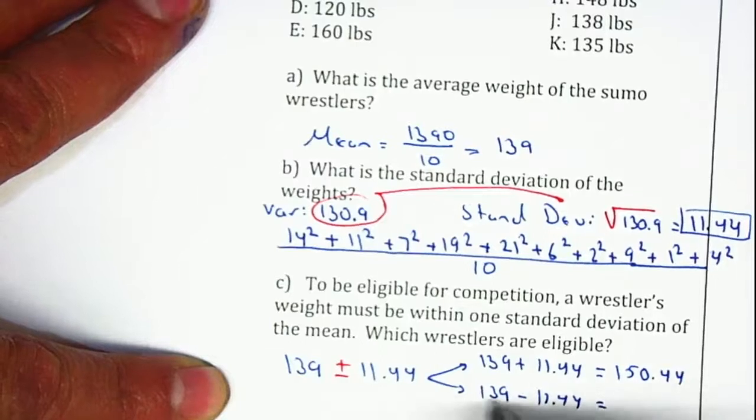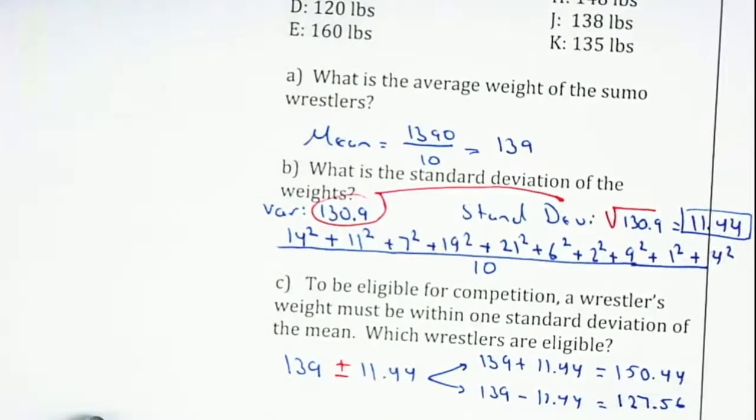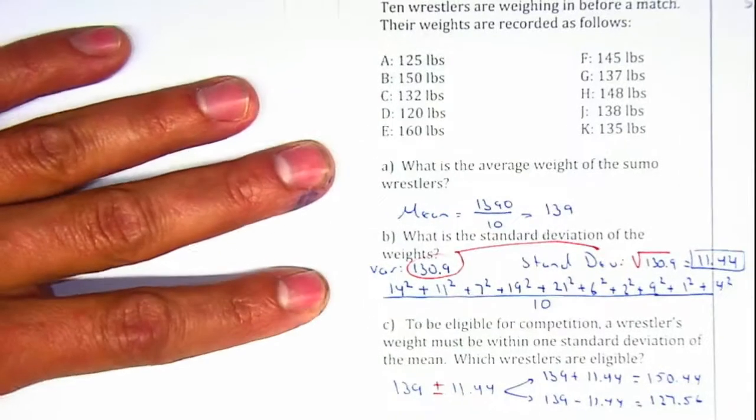Minus, so it'll be 127.56. From there, we can select which ones can qualify. So the minimum weight will be 127, and the maximum weight will be 150. So which ones qualify? So in this case,